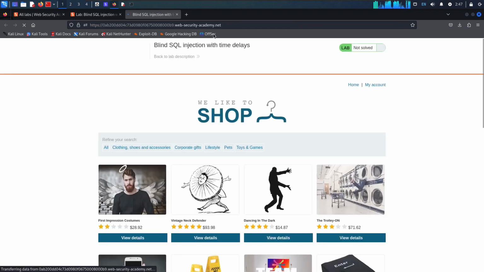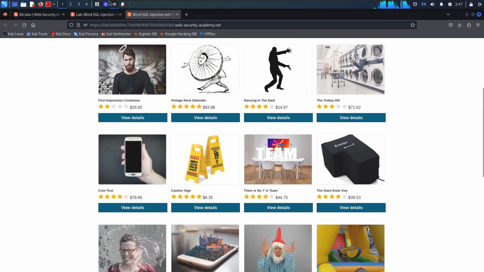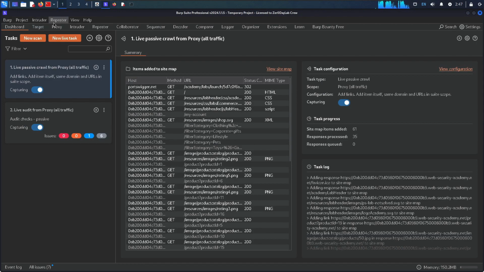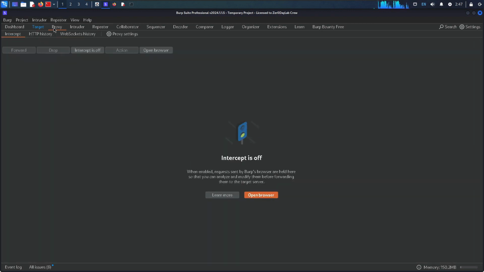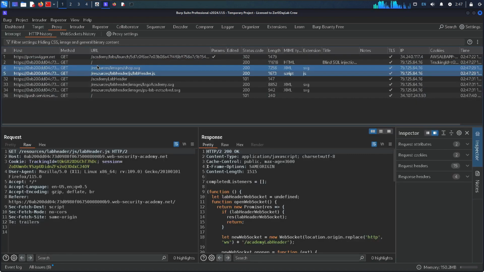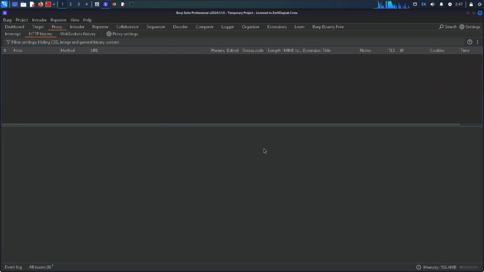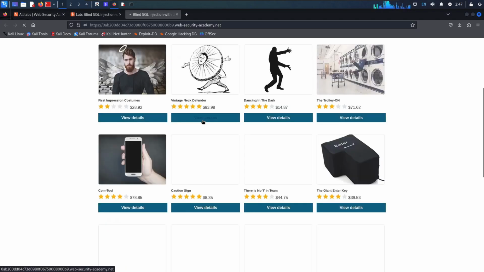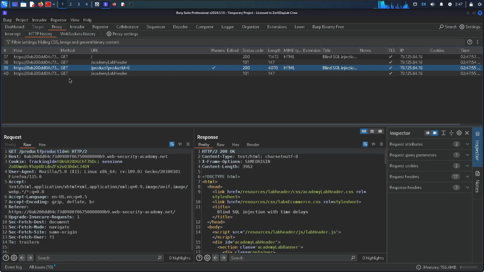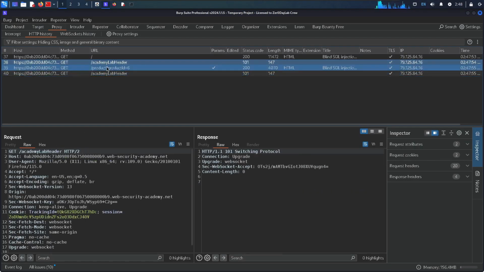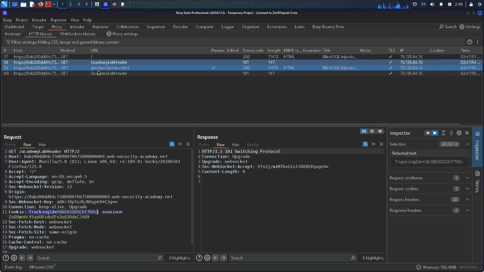So this is the application that we are interested in, and we need to perform an attack over it. That's why I'll go to the proxy, and in the proxy I'll go to the HTTP history. So remove the old records, reload it once, and then click on any particular product. You can clearly see every request is using a tracking cookie in its body,